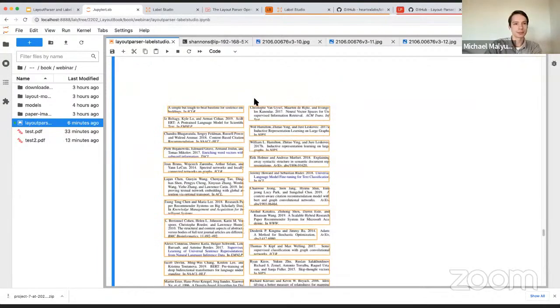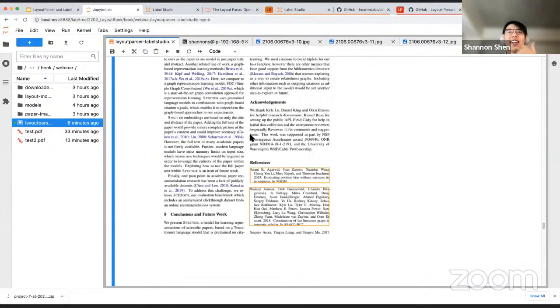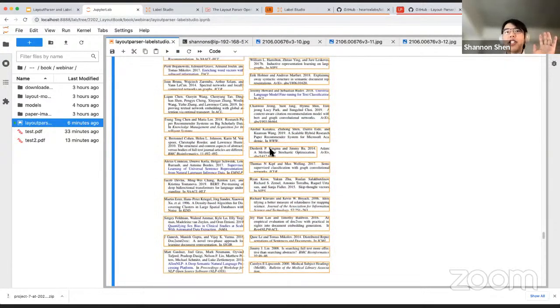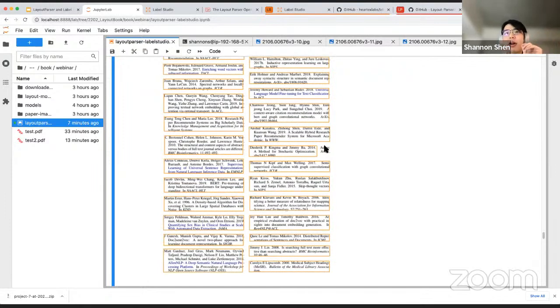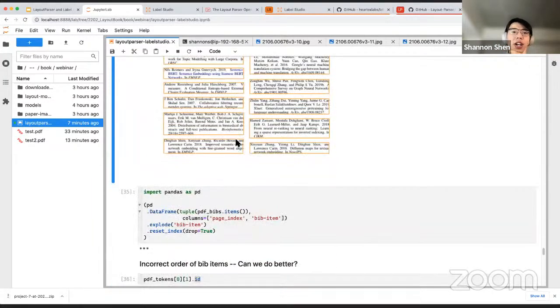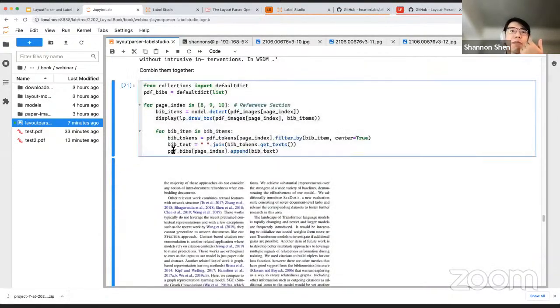Okay. Cool. So let's jump back to these outputs. After waiting such a long time, we get the extraction for each of the pages. I would say this is still not 100% perfect. For example, in the case here, you would definitely see it's missing some text. But of course, as long as you have the bandwidth to label more data and get better models, you can get relatively more robust performance on these cases. But yeah, we got all of this and we store everything into this PDF bibs,